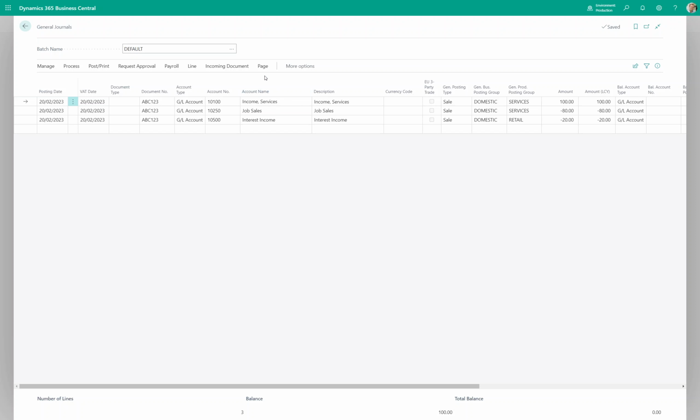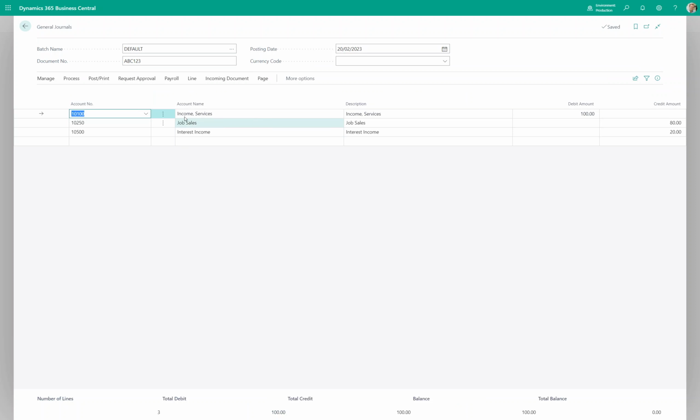But some users may be more used to seeing just a simple credits and debits for a single document number screen instead. So what you can do is you can click on page and click show fewer columns. In fewer columns, you have your document number up at the top, so you can only process one document number at a time and only one posting date at a time, and they all have to be in the same